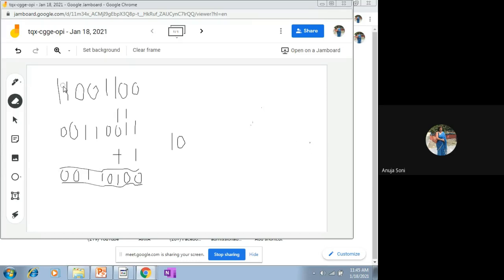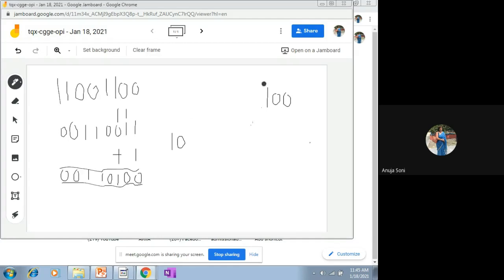So what is the given number? This is the given number. The shortcut method says that we have to begin from the extreme right hand side. Yes, this is the right hand side. And you have to go on scanning the number till you get the very first value of 1. Till this point you have got the 1. Previously 2 zeros were there. So as and when you get the value of 1, till that point you have to copy the entire number as such in the resultant number. So in the resultant number we are writing this, 1, 0, and 0.